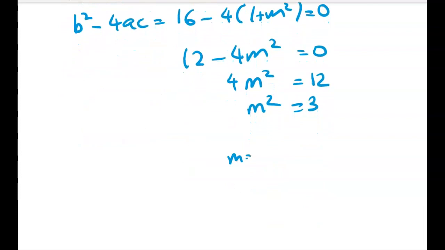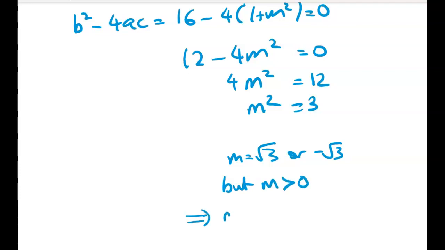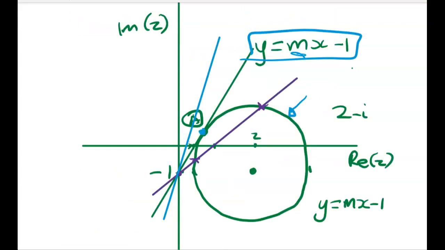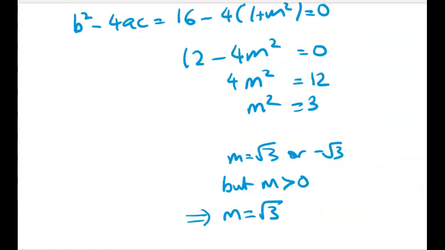Now, usually here we'd go m is equal to positive or negative root 3, but we know that m is strictly positive, so m has to equal the square root of 3. And if you look on the graph, you can see, even just from our slightly dodgy sketch, that that looks perfect. So just a couple of things about how you could do that faster, and this just goes to whether